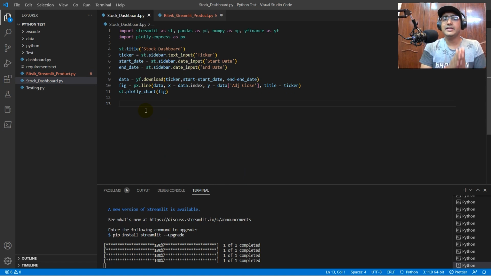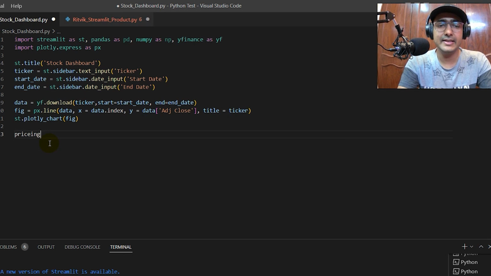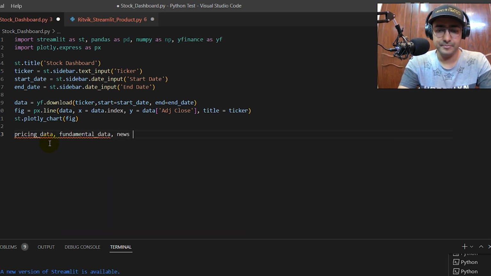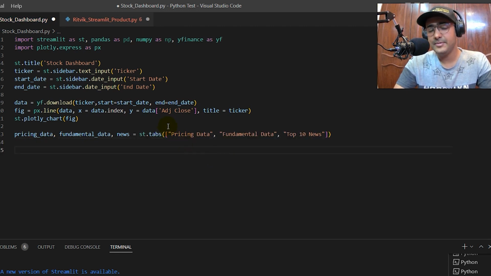Right, now let's make 3 different tabs where we will have different types of information. The first tab will have the pricing information and some analysis. The second tab will have fundamental information, as we have already discussed in the beginning of this video. And the last one would have the news, right? So pricing data, fundamental data and news is equal to st.tabs, and then pricing data, fundamental data, top 10